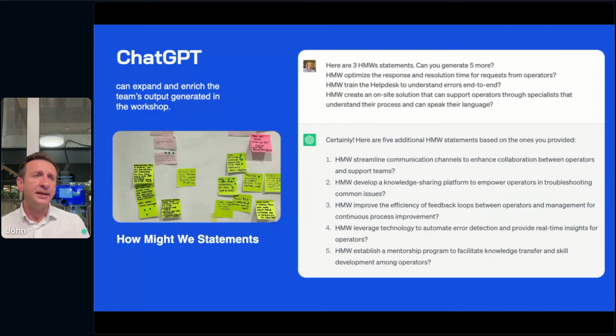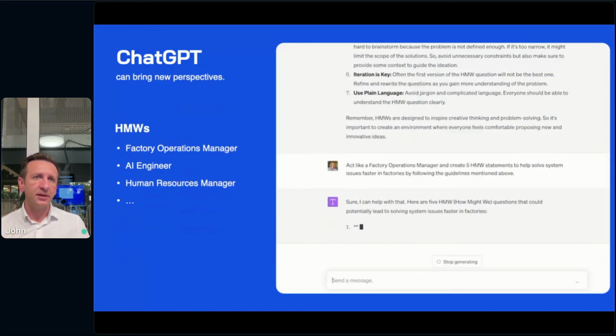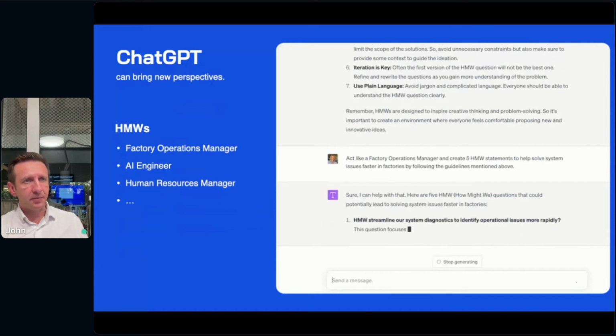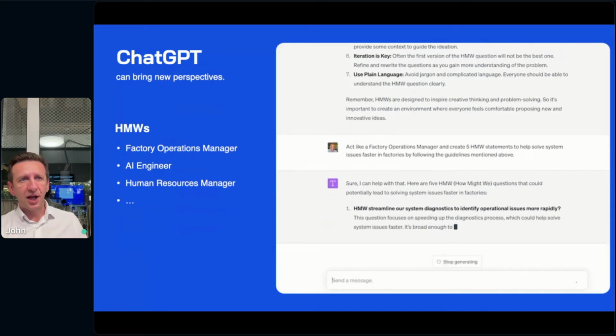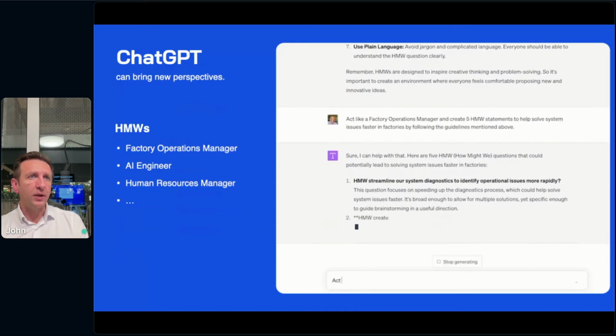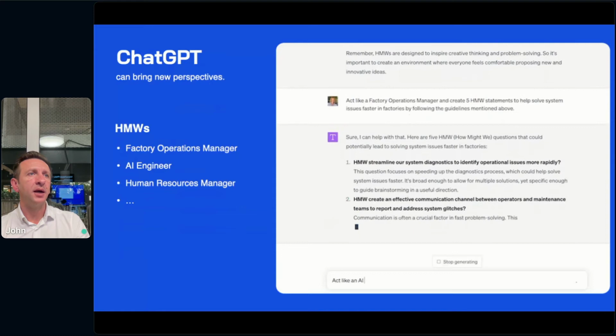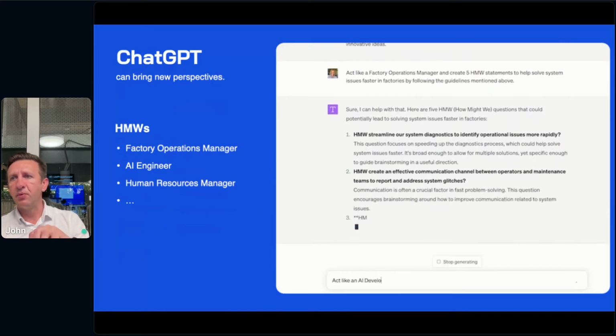So that's one way. The other one is for how might we, and generally how might we is such a difficult exercise because this is where teams struggle a lot, right? It's the part where you take the challenges and you turn them into opportunities. So what we're doing here, after the team has done their ideation part, is we basically use ChatGPT to come up with